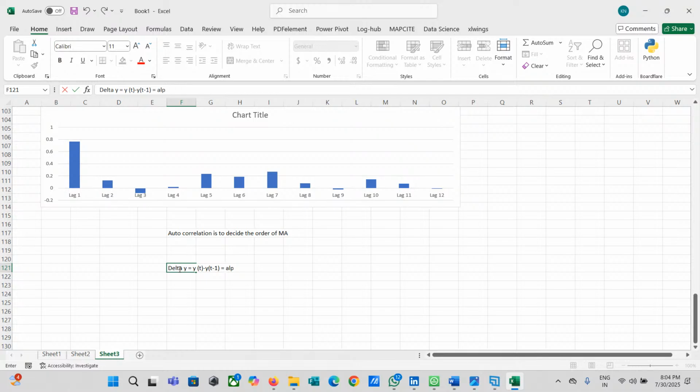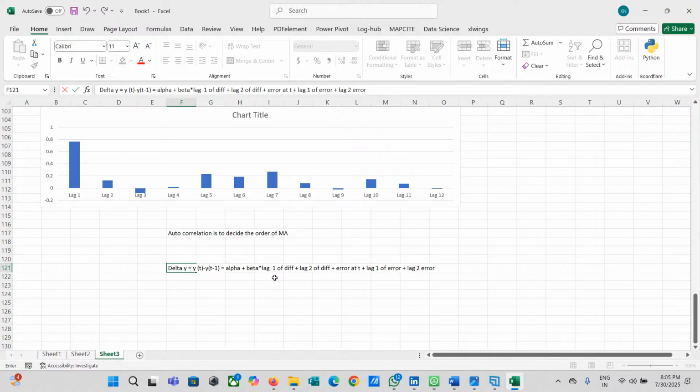This is equal to alpha plus beta into lag 1 of differencing plus lag 2 of differencing, like this, plus error at t plus lag 1 of error plus lag 2 of error. This is the formula which we use to create the ARIMA model.